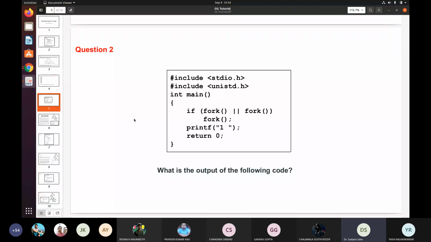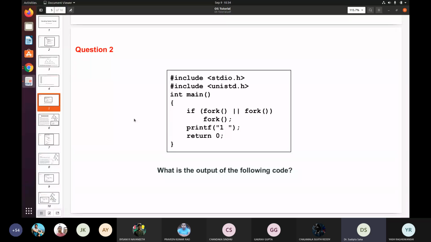Other things may happen. For example, the fork did not get the necessary file handler. So you need to actually allocate all the resources which are already there in the parent process. Those things also have to be copied. So you need more memory and more resources. If the resource is not available, then definitely fork will fail. It will not allow it to be created. Also it may happen that the number of processes has reached the limit, although memory is available, or the number of file handlers has reached the limit. It cannot create a new thing. So there are many reasons for failing. If anything happens, it will stop.